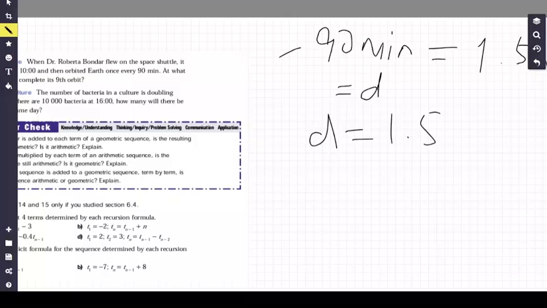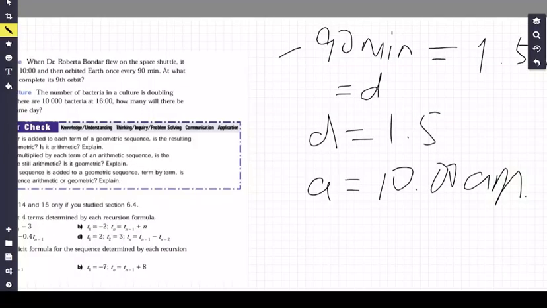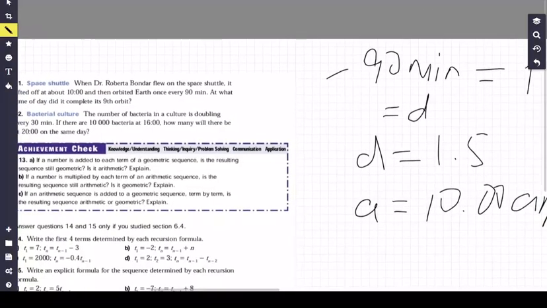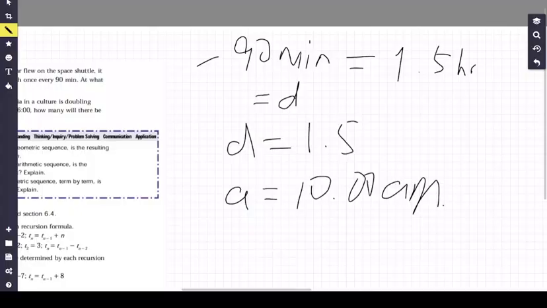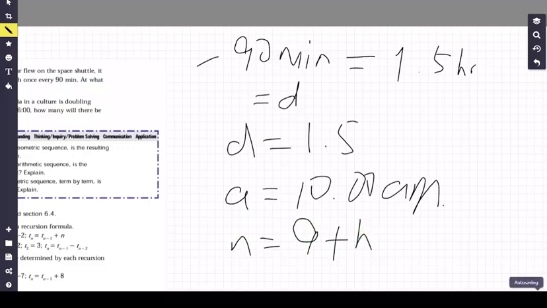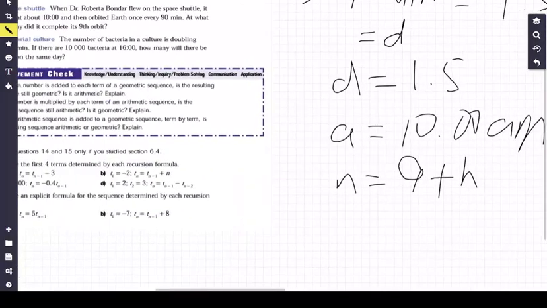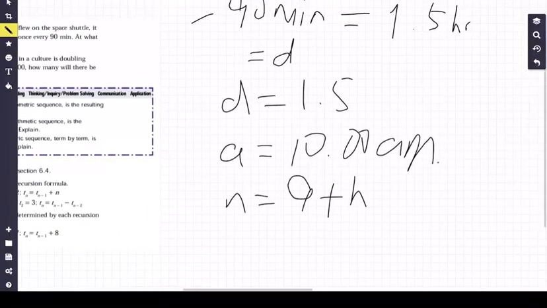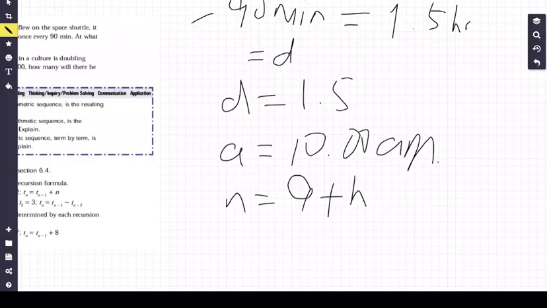So we converted that to hours, and our A is obviously 10 a.m., assuming they're using the 24-hour schedule. Anyways, so that's that. And then, at what time of the day will it complete its 9th orbit? 9, right? And now this turns into a serious problem. So we want to find what time of the day. So we're not trying to find the sum here. Instead, we're trying to find the term here. Right? So Tn